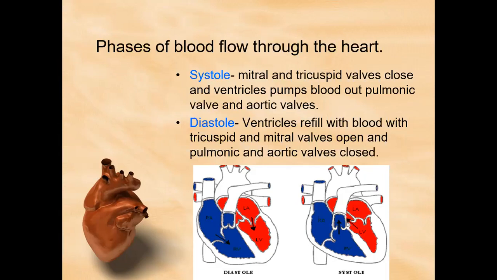So we're going to talk a little bit more in a bit about this systole and diastole. But when you go and have your blood pressure read and they put the cuff on you and they say, oh my gosh, your blood pressure is 140/70. Well, the 140 is the highest amount of pressure